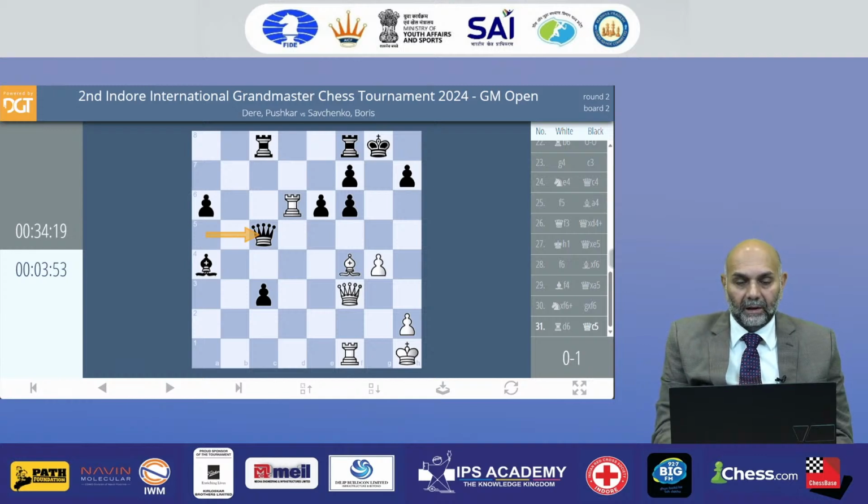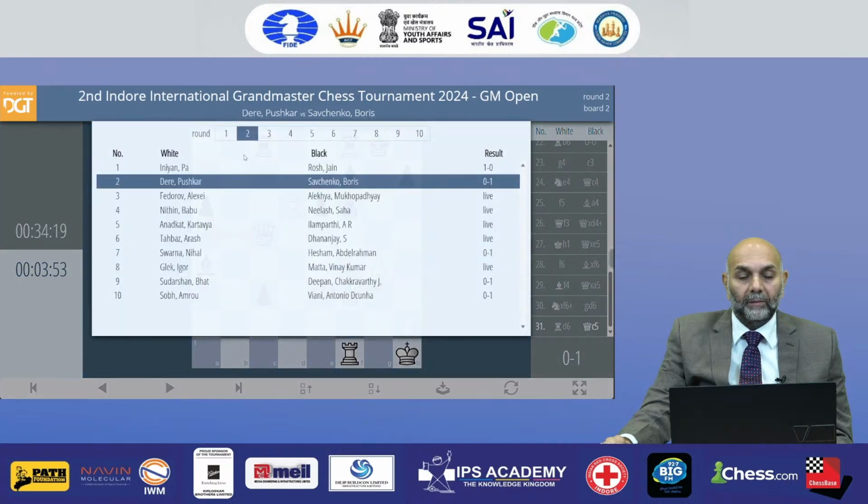white conceded defeat, because there is no defense to the black bishop coming to c6, which will not only win the rook for the bishop but also exchange queens, and we'll see black will probably have 2 rooks and 6 pawns against white's rook, bishop and just 2 pawns, so 4 pawns down, and a bishop for a rook, certainly not a very great position to play. So the Russian scores his second victory. And now let's go to what happened on board 3.